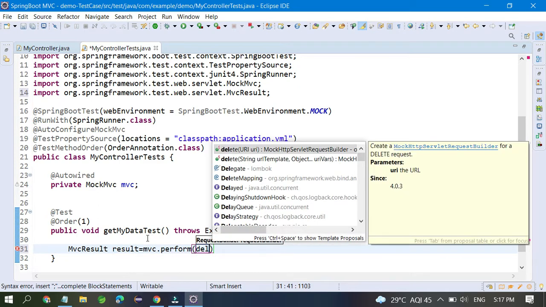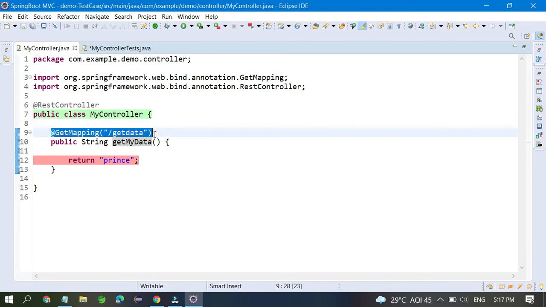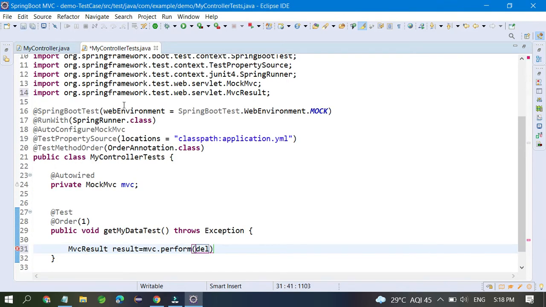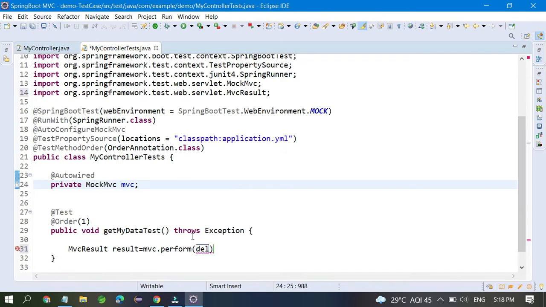So it is dependent on these controllers, what type of endpoint this is: GetMapping, PutMapping, PostMapping, whatever. So this depends on that. Right now in my case, I have one GetMapping, so you have to put get here.